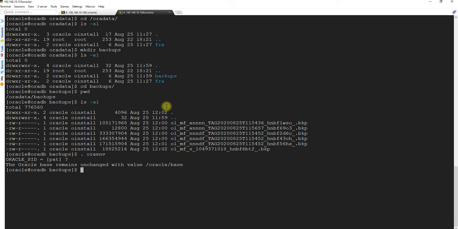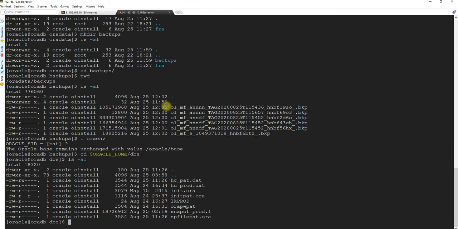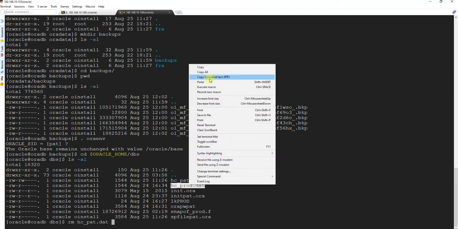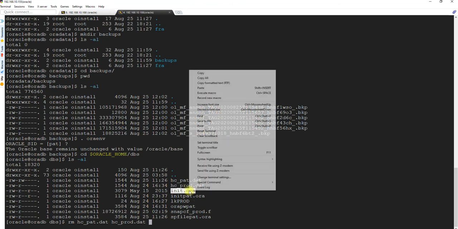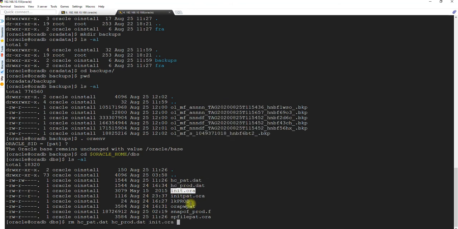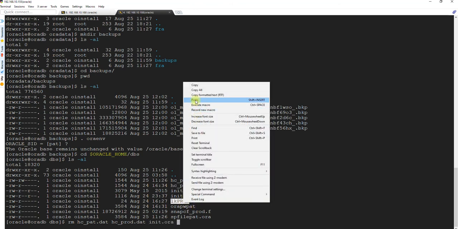Let's go to the dbs location and check the spfile and pfile. So there are files. What I will do, I'll start removing what I don't want. I don't need all these. We will eventually be restoring the files.